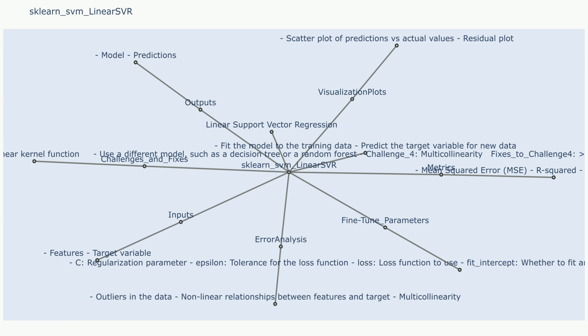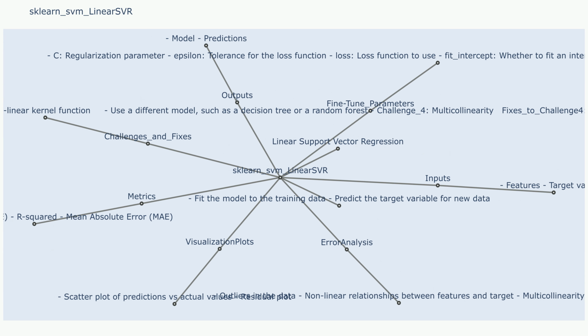Steps. Step 1: data preparation. Prepare your input features X and target variable Y. Make sure the features are numerical and properly scaled for optimal model performance. Step 2: model initialization. Create a linear SVR object. You can set parameters like C for regularization strength, epsilon for the tolerance of the error, and loss to specify